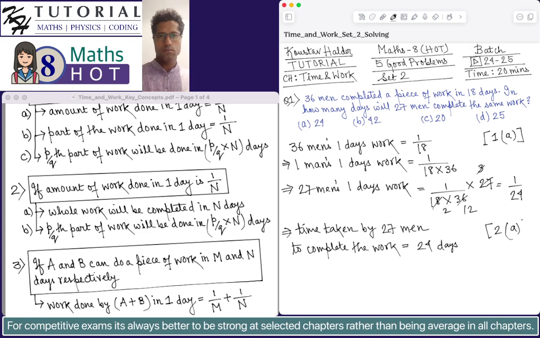If we know that the amount of work done in 1 day is 1 by n, then in this problem we were having 27 men's 1 day's work, which means the amount of work done by 27 men in 1 day is 1 by 24. Then, applying the concept of 2a, we can say the whole work will be completed by 27 men in 24 days. So 24 days should be the answer. Hence the correct choice is